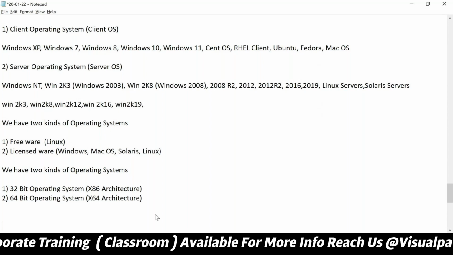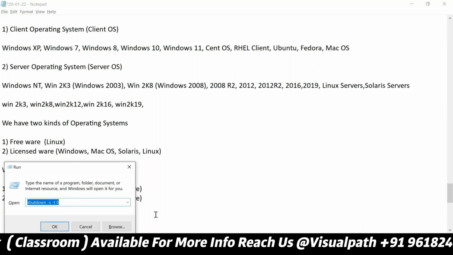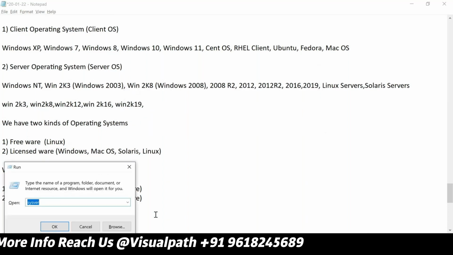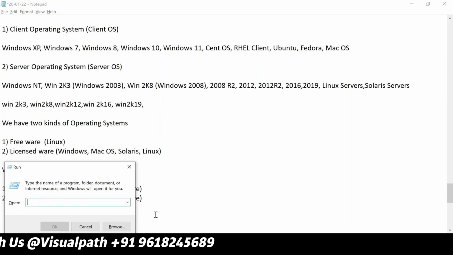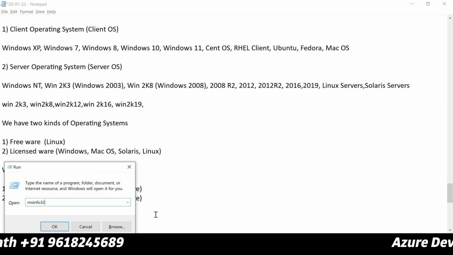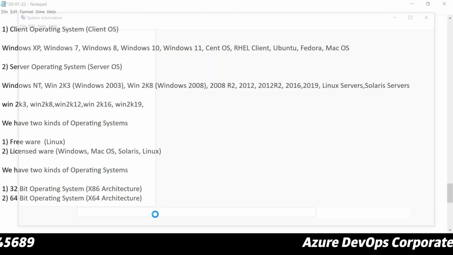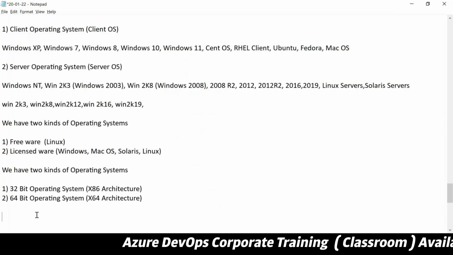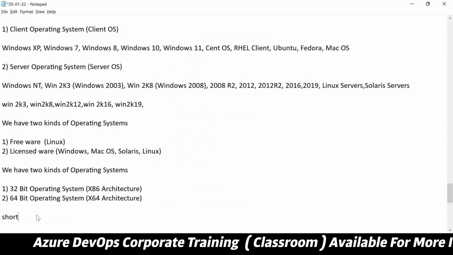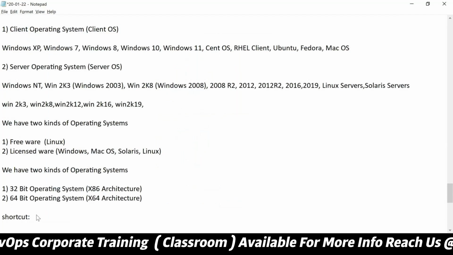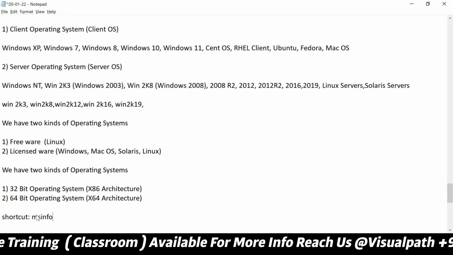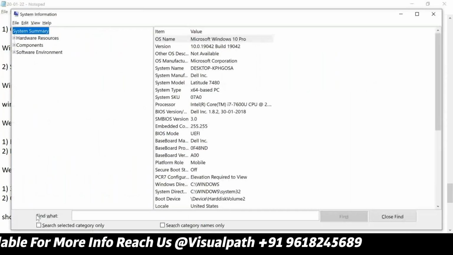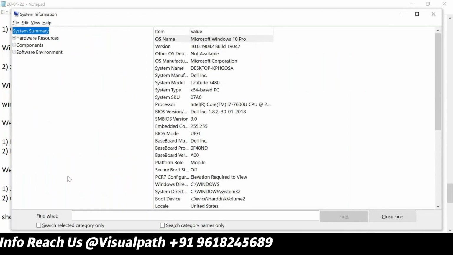In case of Windows, type msinfo32. When you execute this msinfo32 shortcut in the Run box, you will get the basic information about the system summary,